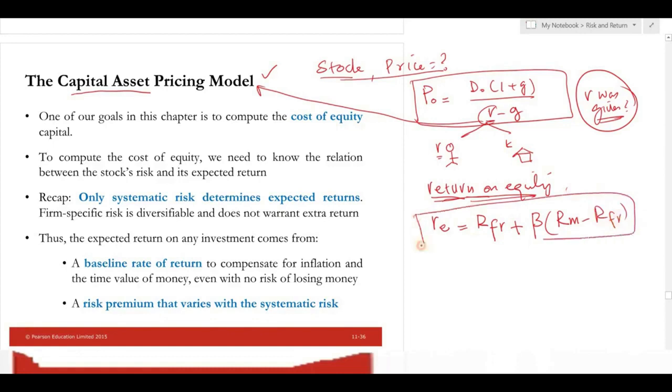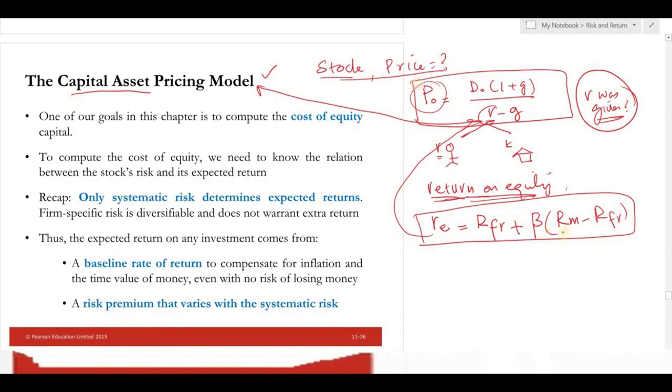So this model is basically called the capital asset pricing model. Capital asset pricing model, why do we call it? Because we get RE from this model and we use this RE here to get the price of that stock. Okay,